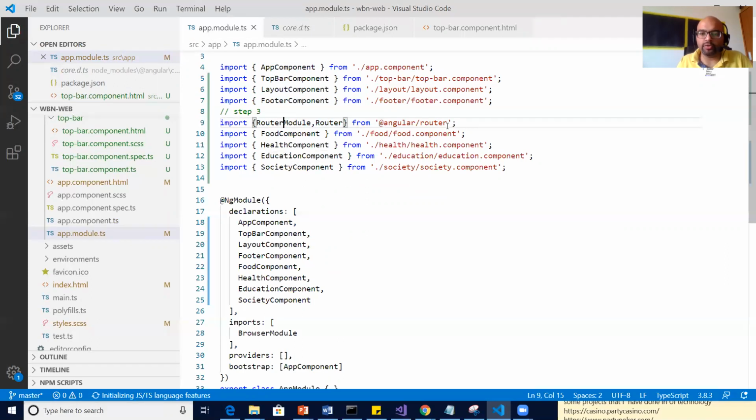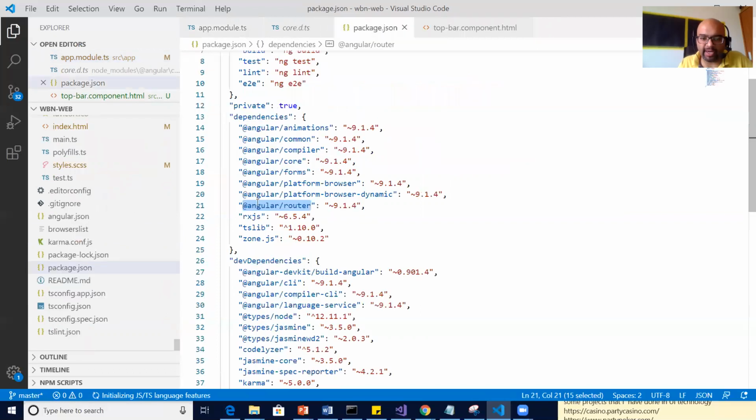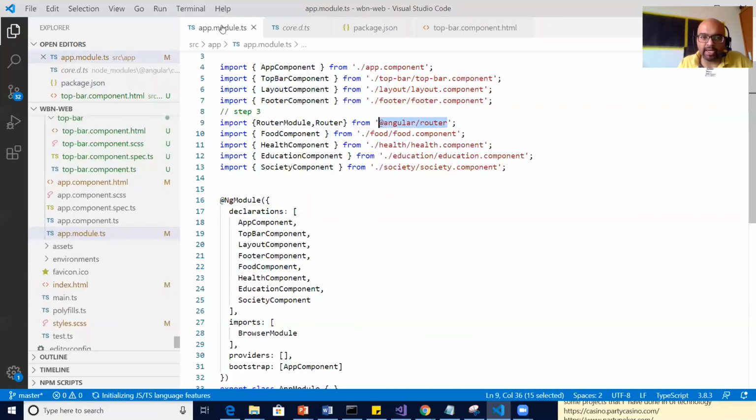But okay, you can see in my package.json I have the package Angular router, and in app module I have imported it. Step 3, I have imported it.